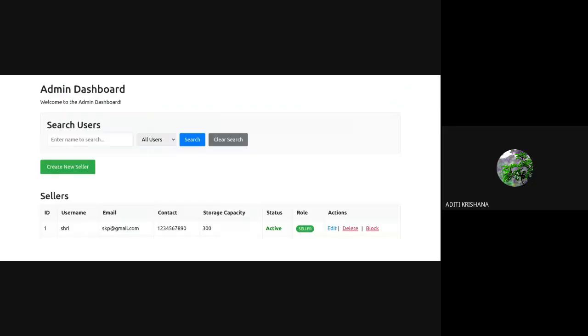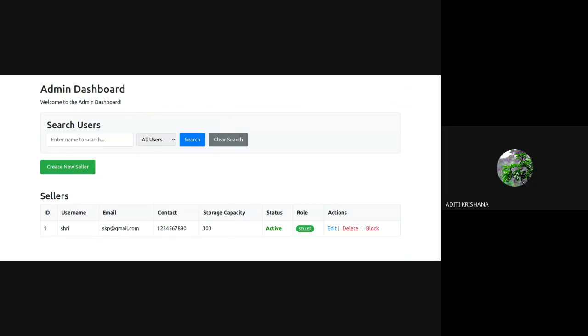Let's first go inside the admin dashboard. Right now I have not given the button, so I am using this URL. But please don't follow my approach. You all have to change your pages using the buttons if you want to go into other pages. Remember that. Nobody will type the URL like this.